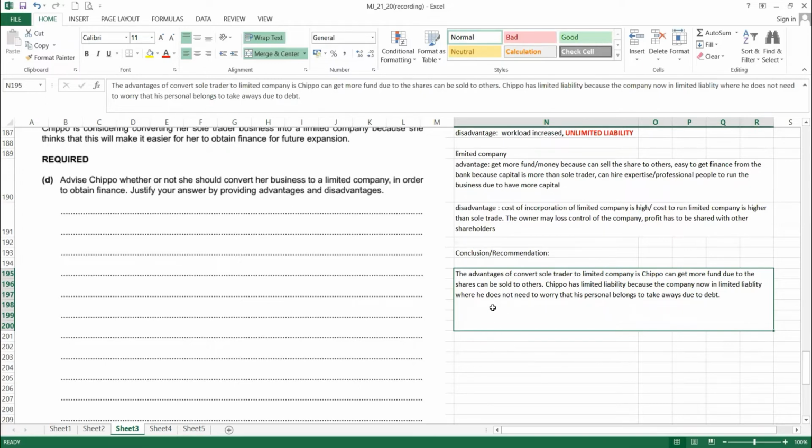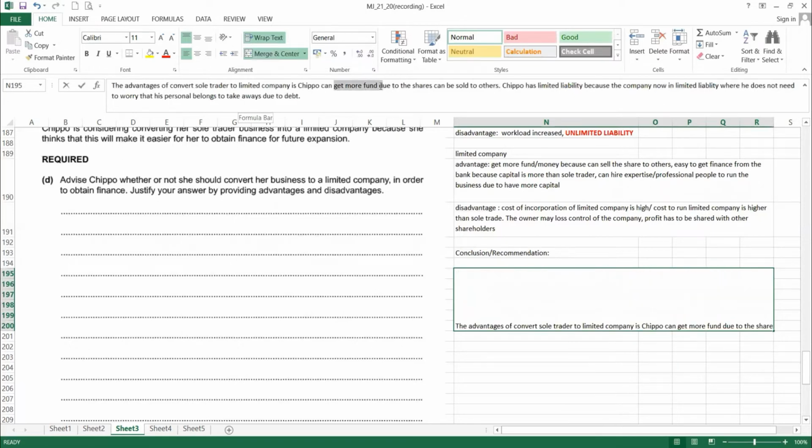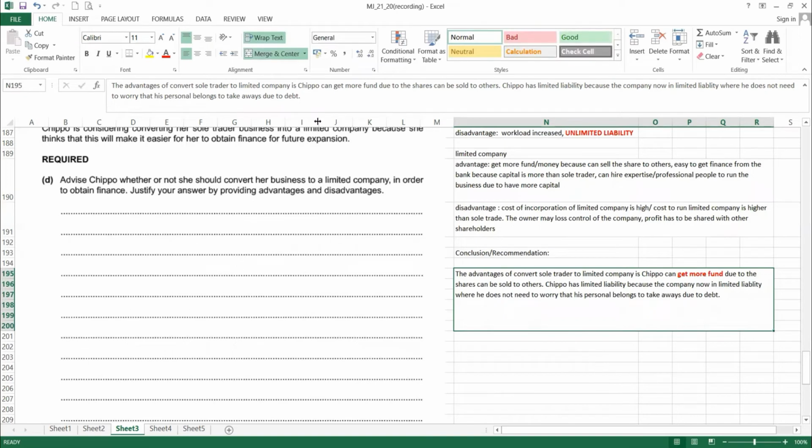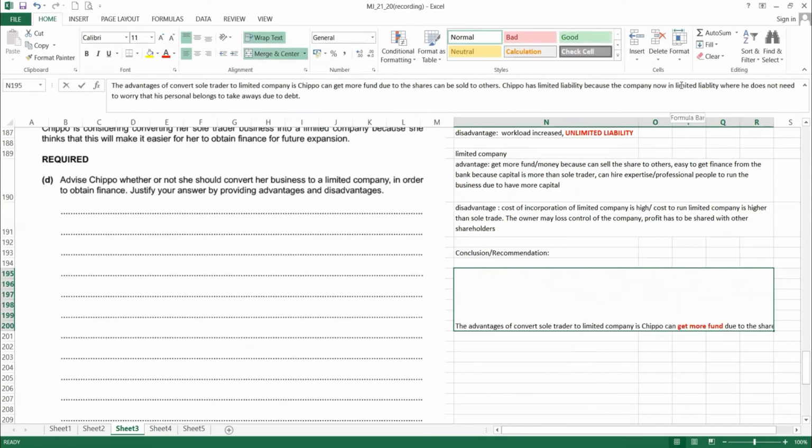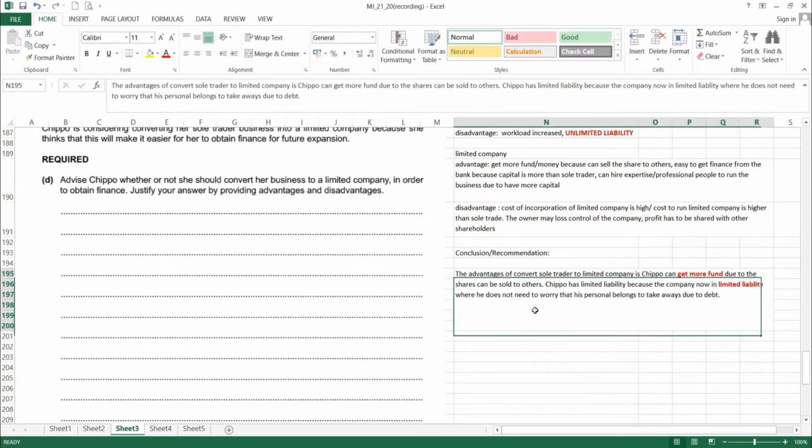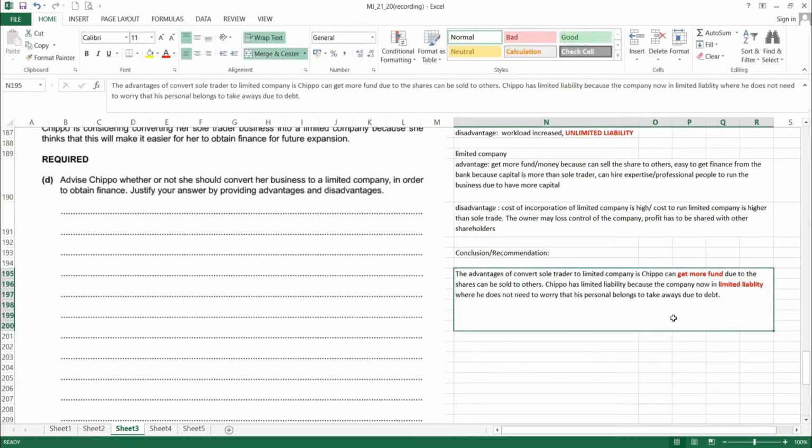What else do we have? I already mentioned 2 points. The first point, we can get more funds. Okay, this is the first point they're talking about. Second point, limited liability, so he doesn't need to worry. So these 2 points support the advantage already. Now, next disadvantage. However,